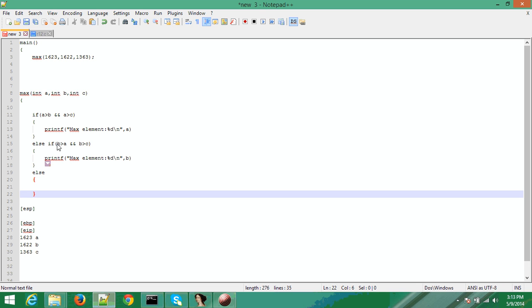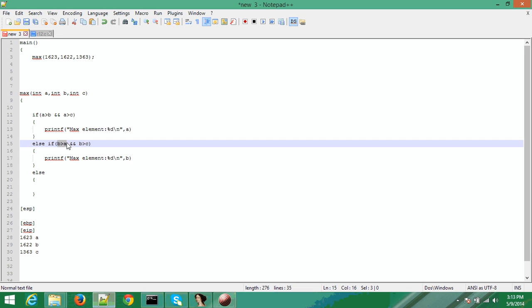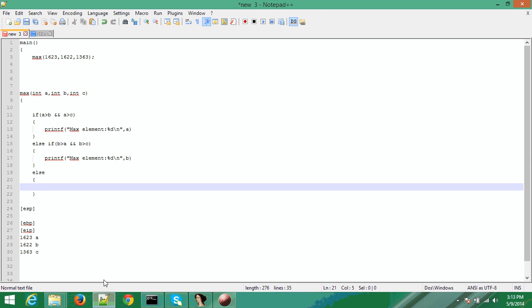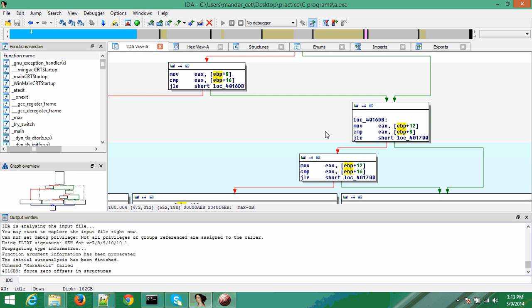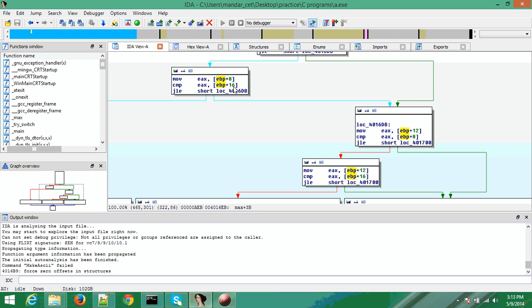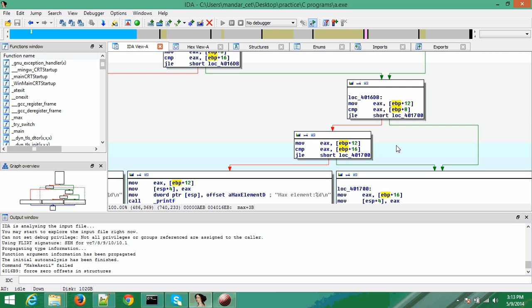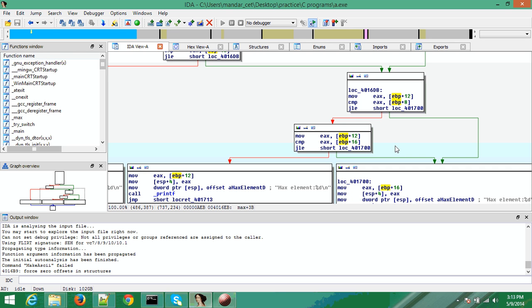So if you think about it, when it compares b greater than a and finds that b is not greater than a, then it will come over here, which is what your statement is over here. So if a greater than b fails, however b greater than a also fails, which cannot technically happen, but if you think about it, what I'm trying to do is basically compare b greater than c. So this is a redundant statement,